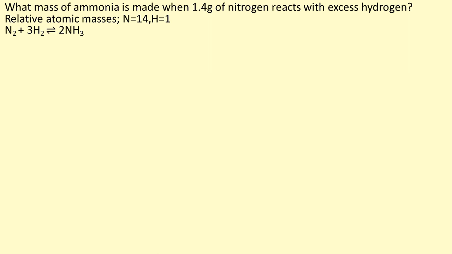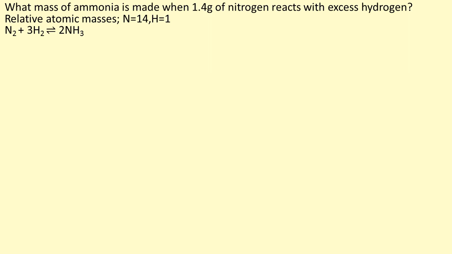Firstly, look at the information given: a mass of nitrogen, the relative atomic masses of nitrogen and hydrogen, and also a balanced symbol equation. As we are given relative atomic masses, we could work out the molar masses of nitrogen, hydrogen, or ammonia. We are also given a balanced symbol equation. This means we know what ratio nitrogen and hydrogen combine to form ammonia. In words, the equation states 1 mole of nitrogen atoms combine with 3 moles of hydrogen atoms to form 2